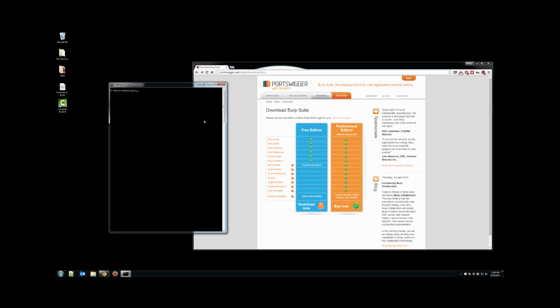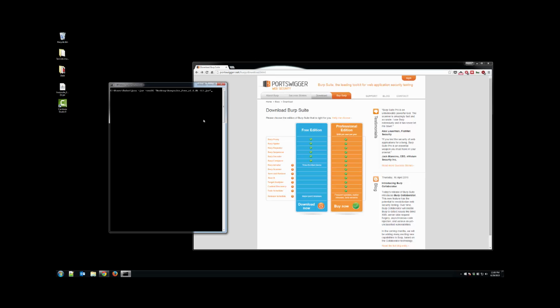Java, which opens up Java, -jar, which tells Java to open up a jar file, which is what this is, and then typing Xmx2g. What this does is it tells Java you want to start Burp Suite with more memory, 2 gigs in this case. So then you give it the path to wherever your Burp Suite jar file is. So in my case, it's on the desktop,